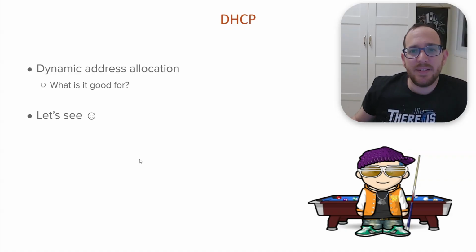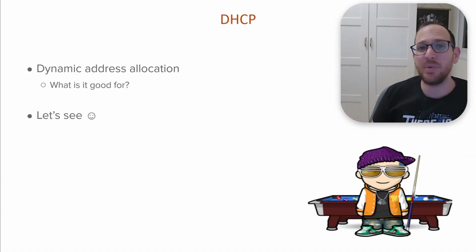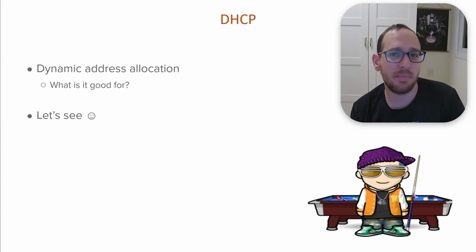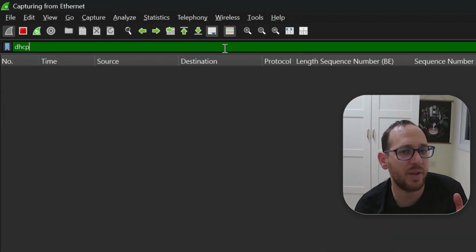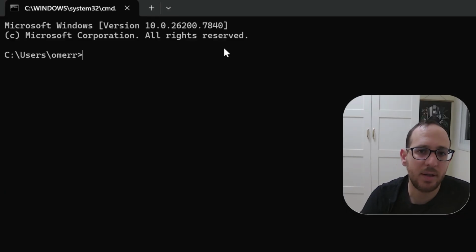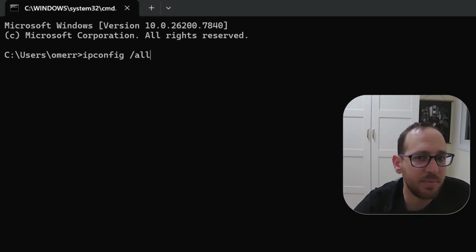So how will we see DHCP in action? To do that, we actually need to either renew our lease or cancel my IP assignment and re-ask for it from scratch. So I started Wireshark in the background with a DHCP display filter. I'm going to open the command line. I'm going to write ipconfig /all at first. On Linux, you would write ifconfig. And this shows me